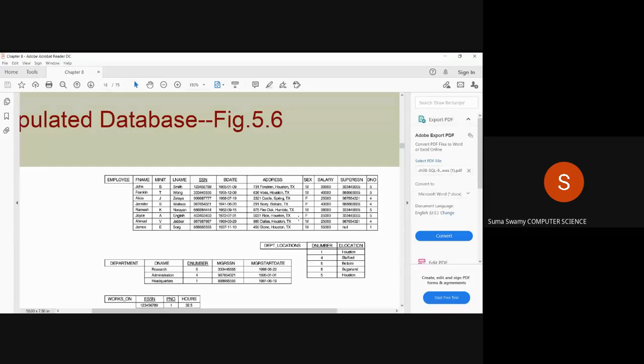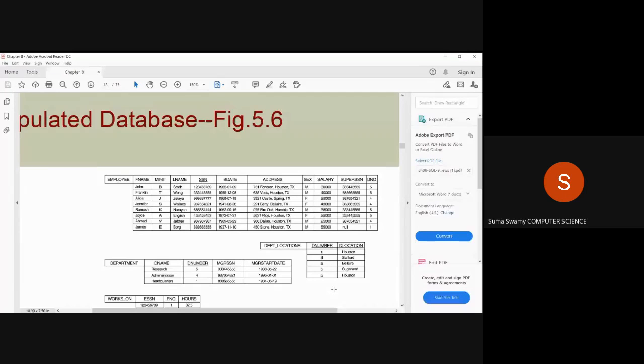Humble, Texas. And the last value will be Joyce English, Houston, Texas. So 4 records you will get as the output. Is this clear? Yes, ma'am.